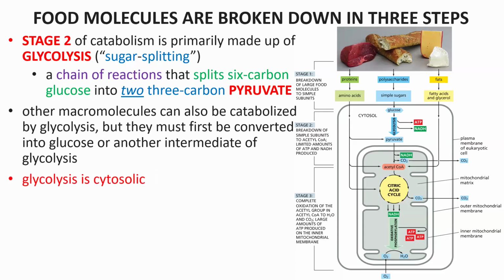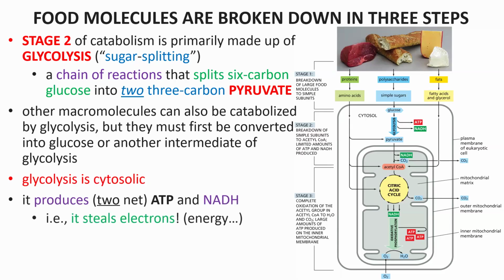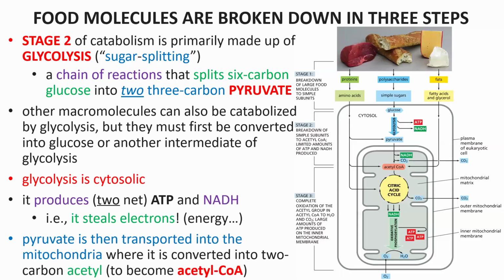Again, glycolysis is cytosolic, occurring in the cytoplasm, and as we go through this process, we're going to see that the outcome of glycolysis is not only 2 pyruvates, but also a profit of 2 molecules of ATP and a profit of 2 molecules of NADH as well. We steal energy in glycolysis, and we use some of that energy to phosphorylate ATP and some of that energy to activate NADH. Once pyruvate is made, it's transported right into the mitochondria through specific transport proteins, and the rest of cellular respiration is mitochondrial.